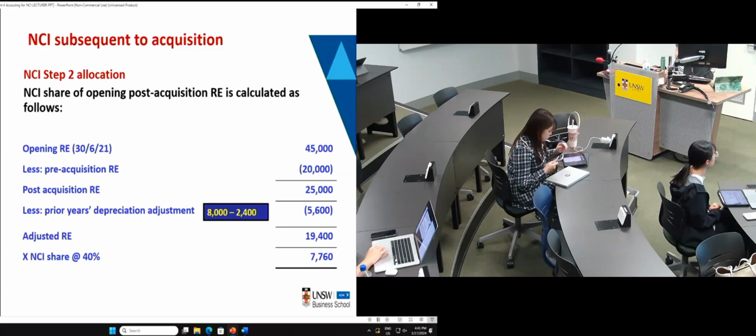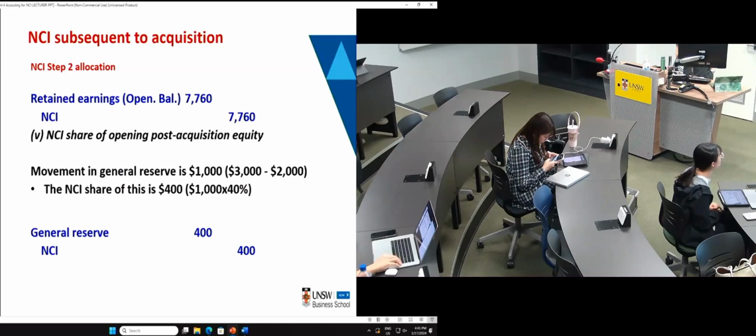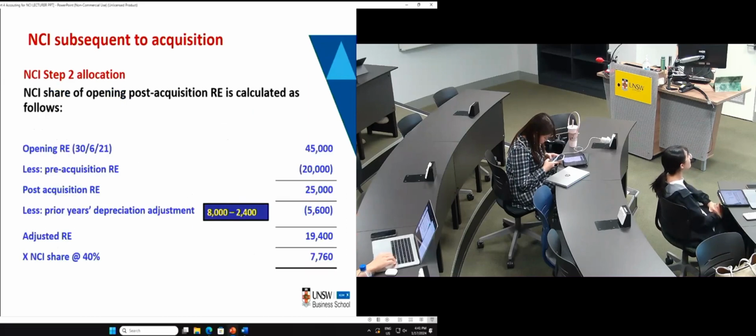So you can see the number here is positive, which means NCI increase, right? So NCI increase, we credit NCI and debit retained earnings opening balance. So you can see here, NCI increase because NCI receive a share in the post-acquisition retained earnings. Okay. Now, if the number here, you got a negative figure, then you're just switching the debit credit sign.